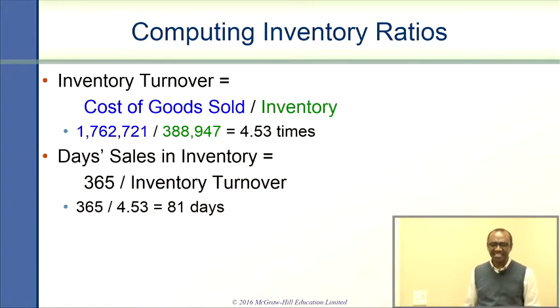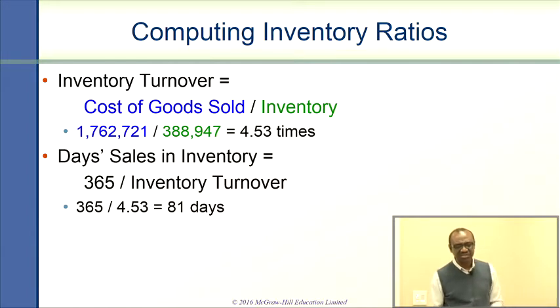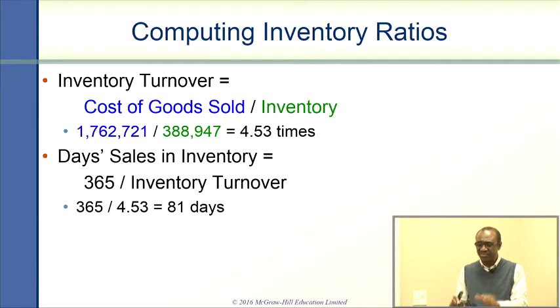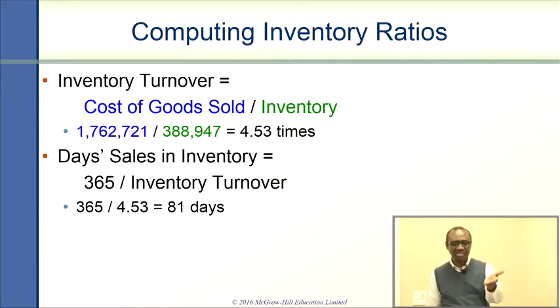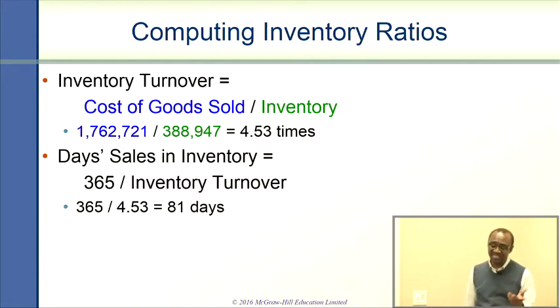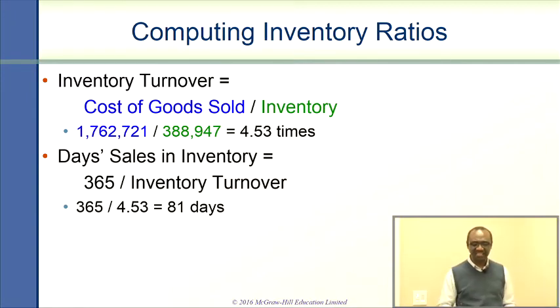So we look at the days in inventory. Days in inventory is simply looking at the number of days that inventory stays in our warehouse before it's sold. The calculation is the number of days in a year, 365, divided by the inventory turnover, which we just calculated. In this case, we have 81 days, which means the asset sits in the warehouse 81 days